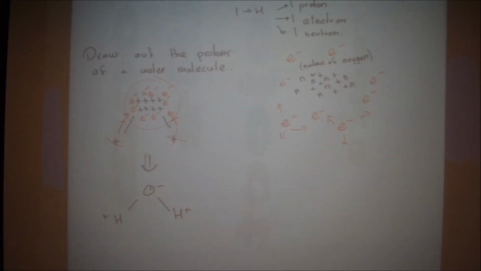So how does this affect the macroscopic properties of water? What do we see in the real world? Well, one of the coolest things about water that allows us to be able to live is the fact that it's going to be less dense as a solid than it is as a liquid. So we'll go ahead and talk about those properties of water right now. So the first one is going to be that it is less dense as a solid